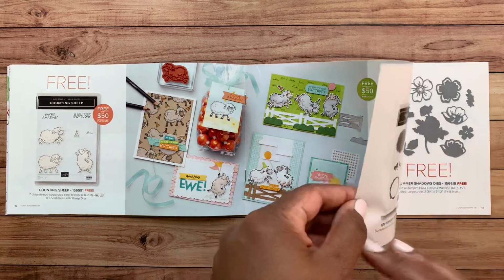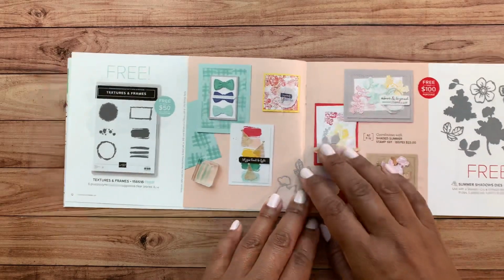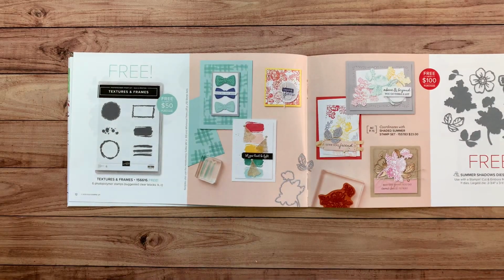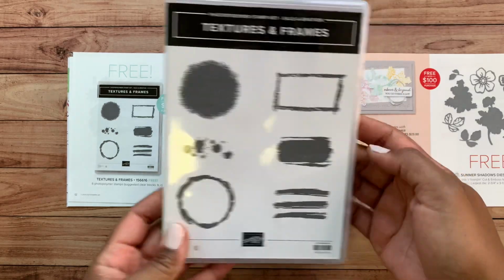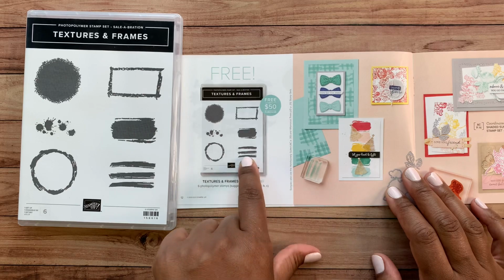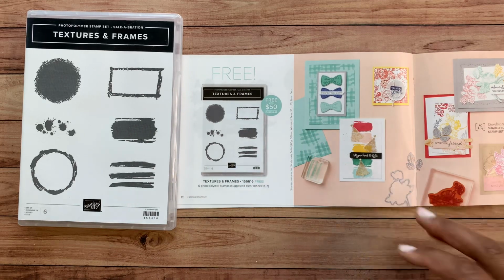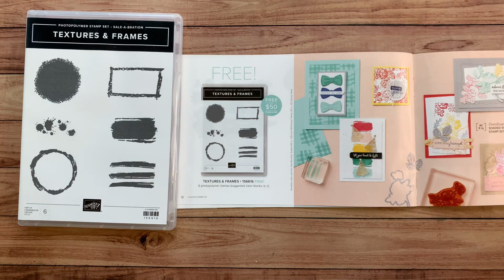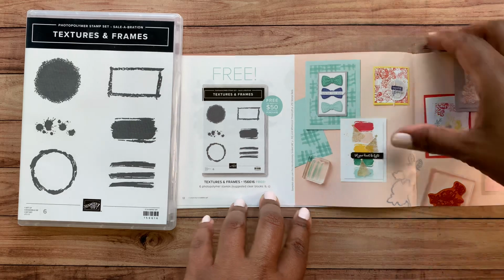Could be either or. On page 12, we've got something called Textures and Frames. So Textures and Frames look like this. And I thought that the samples were just adorable. So look at this particular stamp here. They've done almost like a, I don't know, I would say a pound sign, or a hashtag, but it's got definitely some extra marks